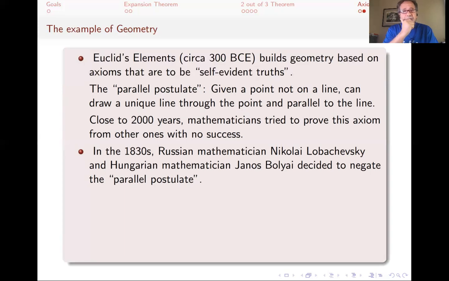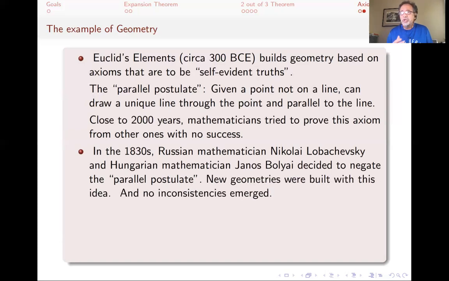Now, people thought, well, that's crazy. Why would you try something that's just not true? But they did this. They built whole new geometries on this, and no inconsistency emerged. There was nothing wrong. They were just very different. And in fact, people were able to prove that if Euclidean geometry works, these geometries also work, not in the sense that they are true, but in the sense that